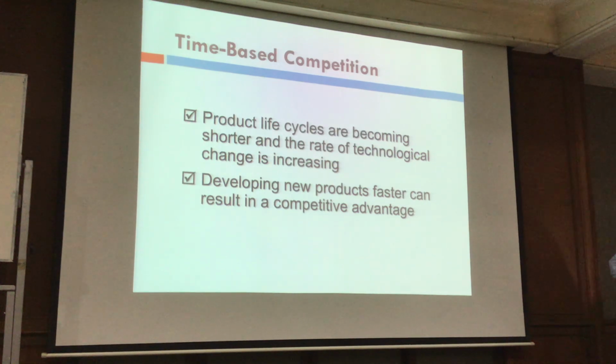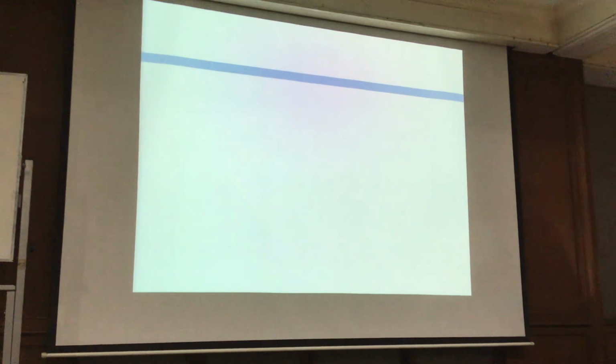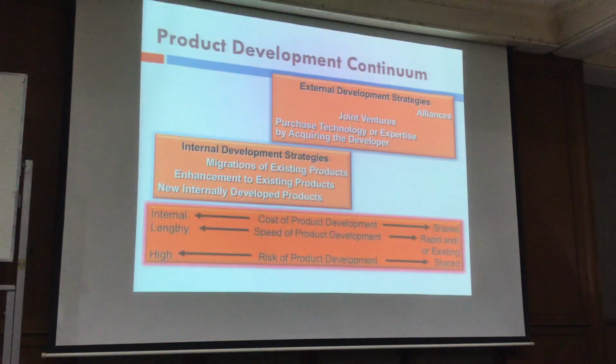So it means that every organization needs to focus on the way to develop the new product faster than others in order to keep the competitive advantage, right? This is because the product life cycle is getting shorter from the change of the technology, right? So developing new products faster will be the key, right? And if we compare between the past and the present about the product development,